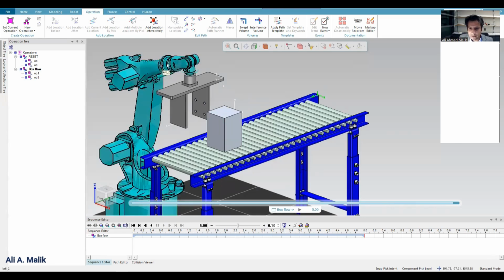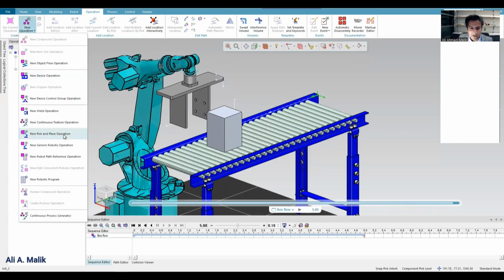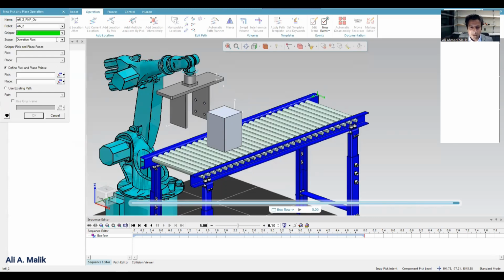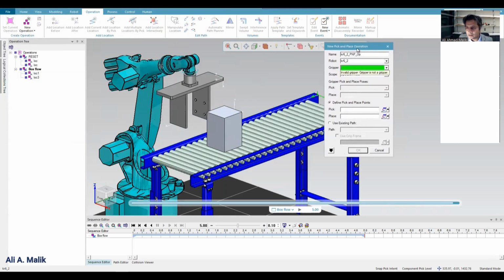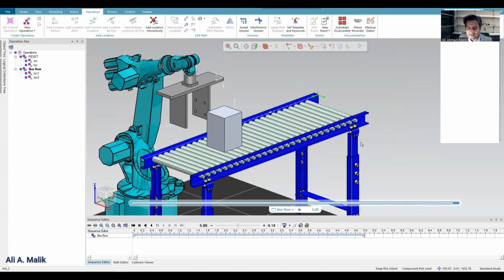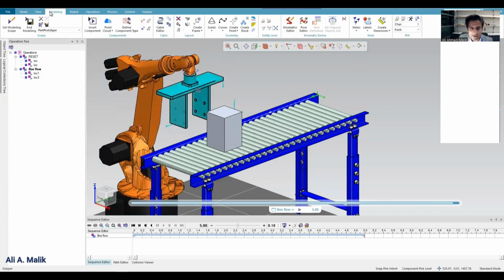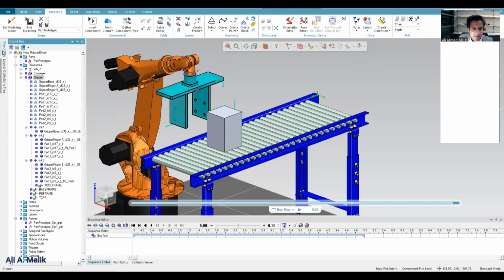Then I will define an operation for the robot for pick and place. So I go to new pick and place operation. Gripper is this. Okay, it is giving me an error that the gripper is not a gripper. It is a strange error, but the thing is that its name is gripper, but Process Simulate still needs to know if it is a gripper. So how we do it is